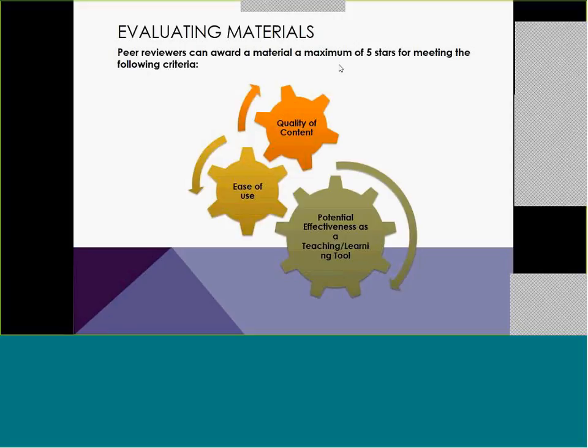And 5 stars is a very high quality. That's the top. And we look at it in 0.5 increments. So you can have a material that's evaluated as a 4.5 or a 3.75 or whatever. And we actually develop that rating for each of these. So you could have something that would be very high quality, but the effectiveness, maybe it's not going to engage students, or maybe it's too high level for my undergraduate students. The ratings are not always the same. You have 3 different ratings, and then we take the average of the ratings.